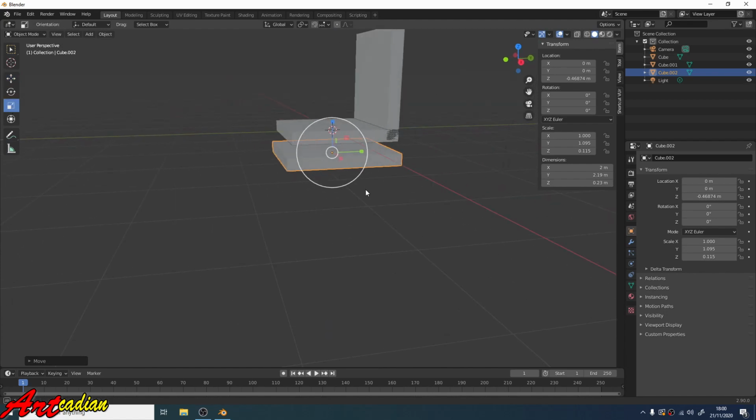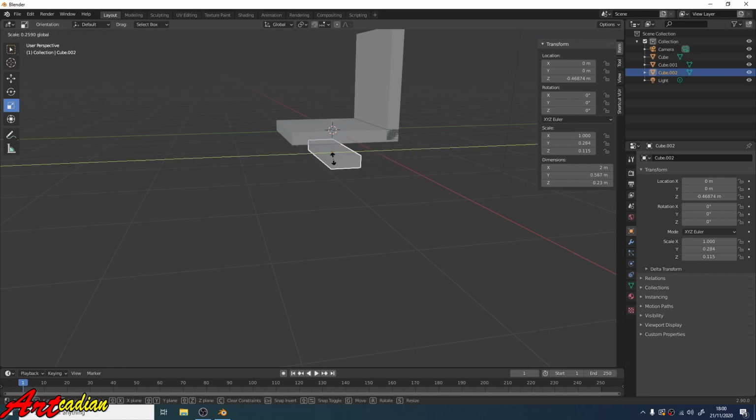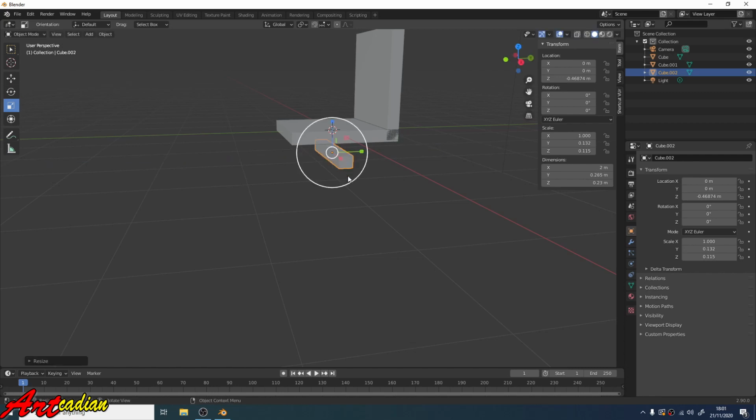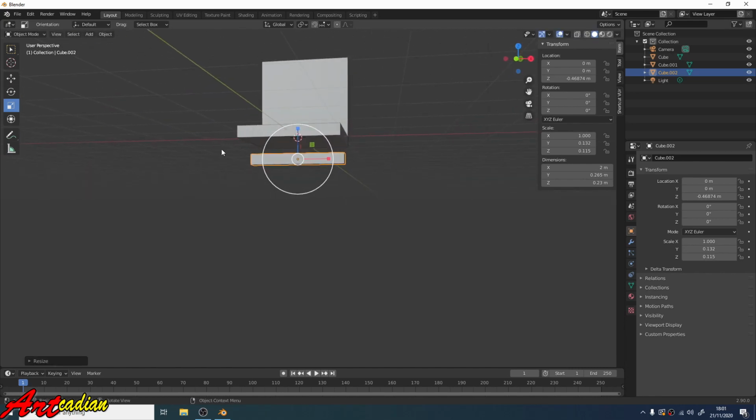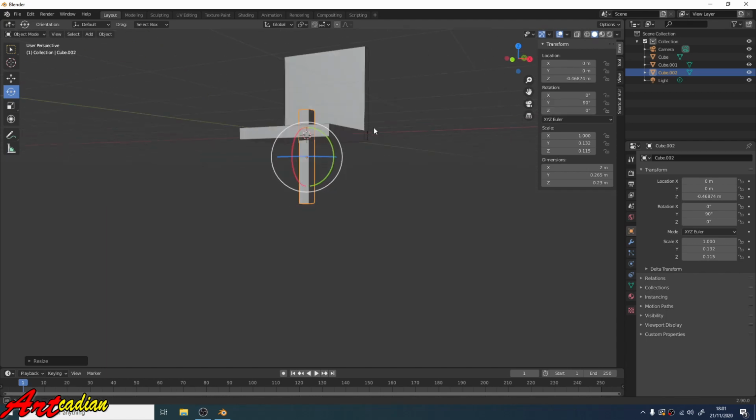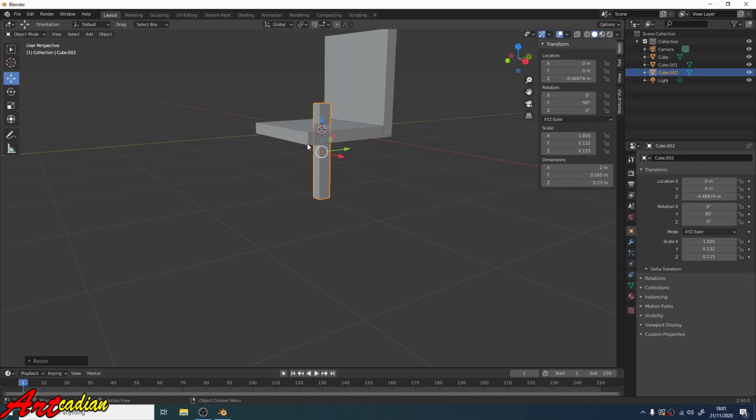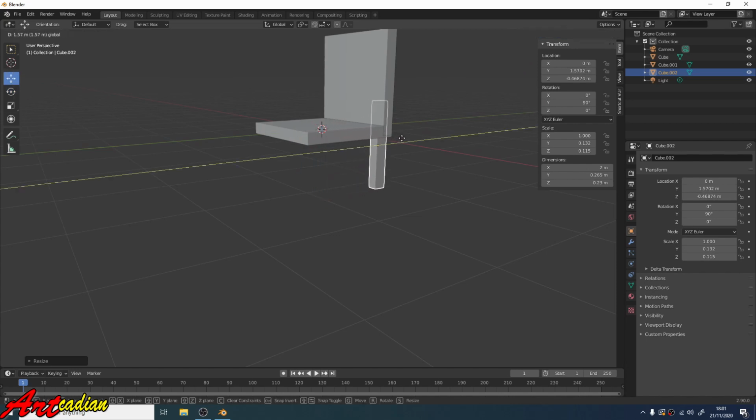Scale the box for chair legs. Rotate the y-axis 90 degrees. Then slide and position the chair legs.